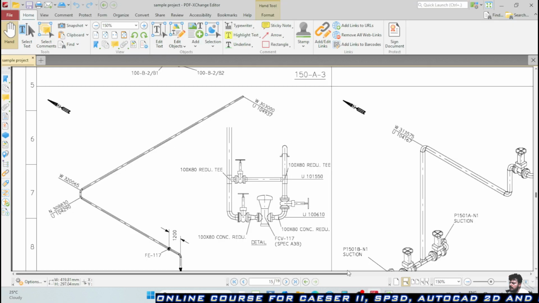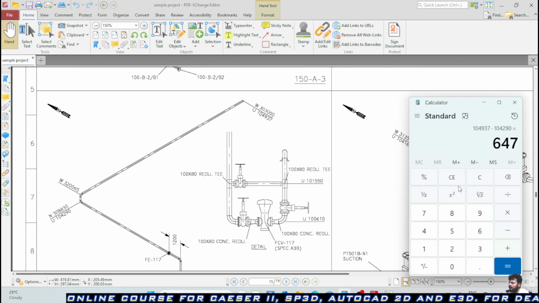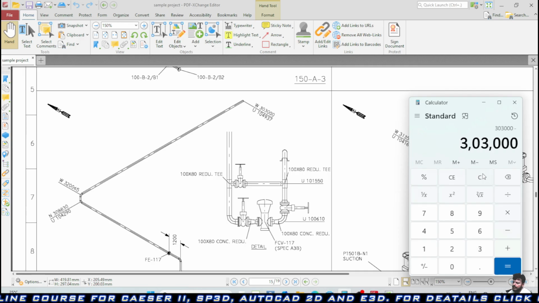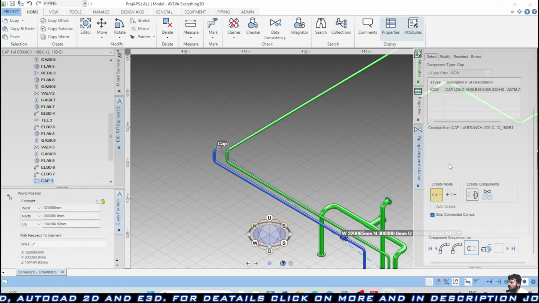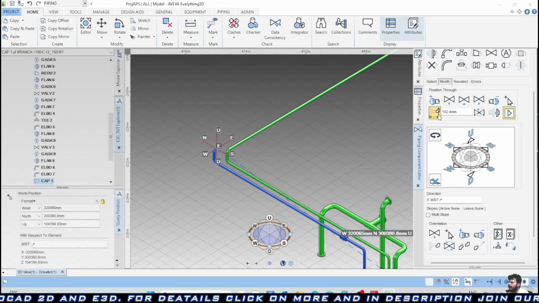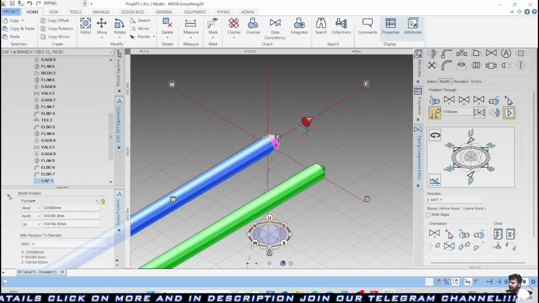For the distance we can see here the west distance is given here: 303,000 minus 32,065. The distance is 17,065. So click on this modify, click on this, 17,065. Now we can see that this is created.